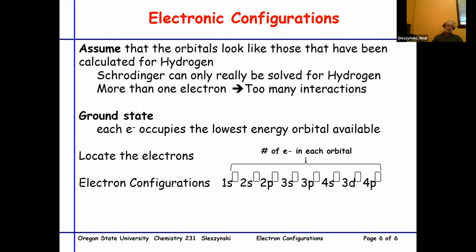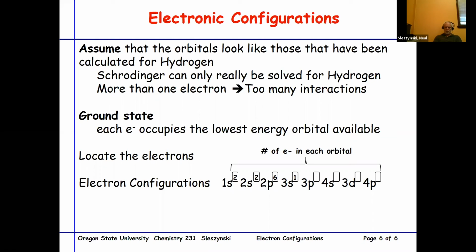In this type of configuration, we are going to stick superscripts directly above these orbitals to indicate the number of electrons in each orbital. So the 1s orbital is capable of accommodating 2 electrons. The 2s orbital is capable of accommodating 2 electrons. The 2p orbital can take 6 electrons. The 3s orbital is capable of taking 2 electrons. But here I've only put 1 electron in that orbital. For an uncharged atom,